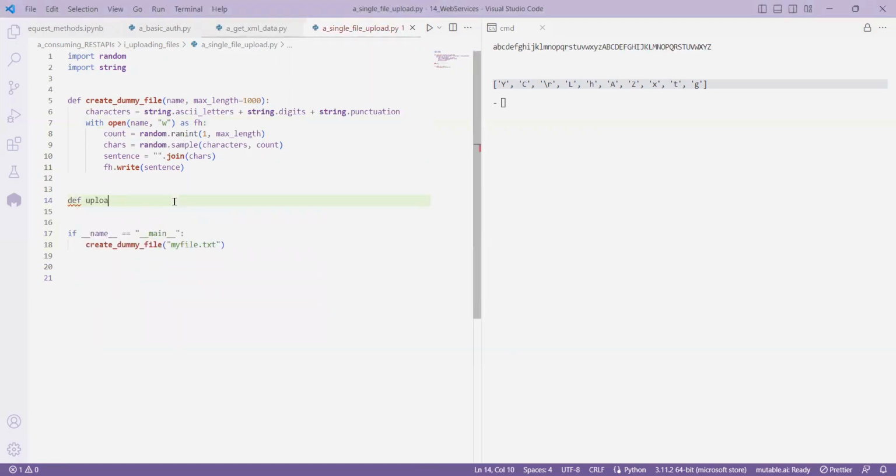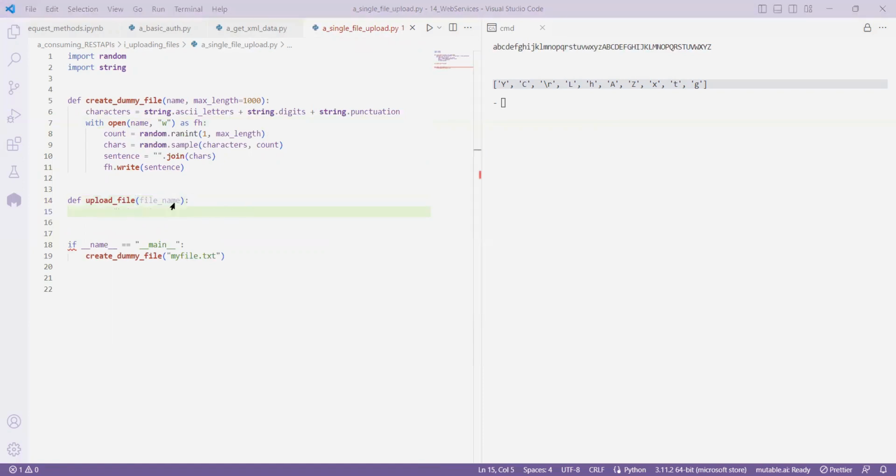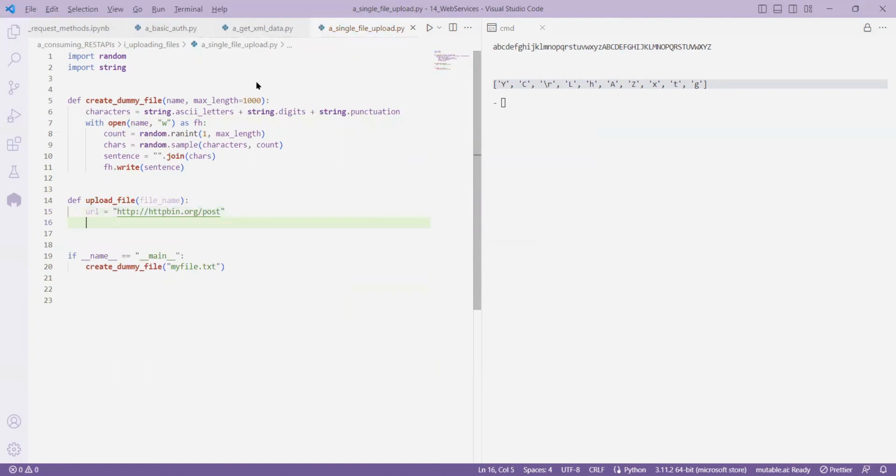Define upload file, with file name. If you pass that file name, you want to upload. So for that, they created a URL. So this is a test URL. So for that URL, they have it. I take the URL. It's a local URL is equal to this thing, post. Now response is equal to